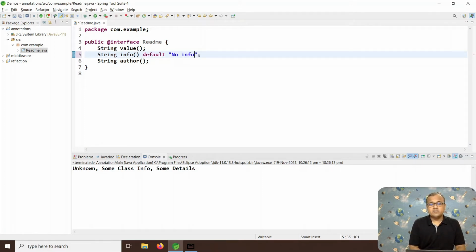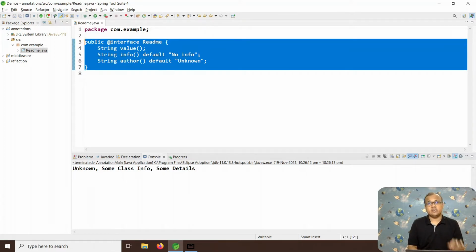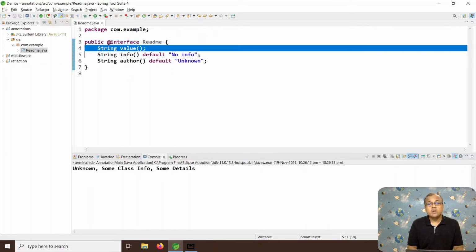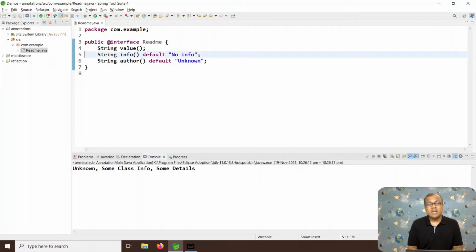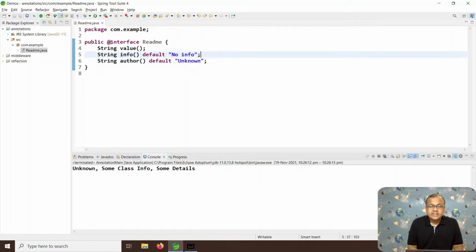Here I'm giving a default value "no info", and here I'm giving a default value "unknown". This way I have created an annotation for which only one member is compulsory and the other members are optional. If they are not specified while applying the annotation, at that time their default values will be considered.